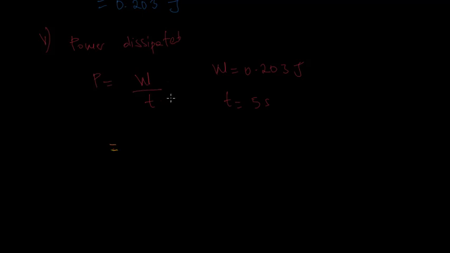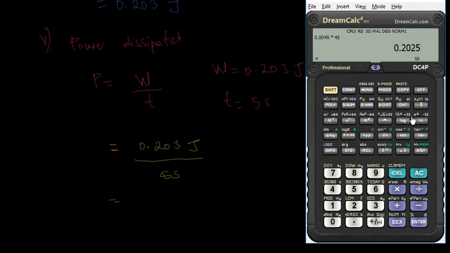Work again is 0.203 joules and our time is 5 seconds. Getting out our calculator again, 0.203 divided by 5 gives us an answer of 0.041